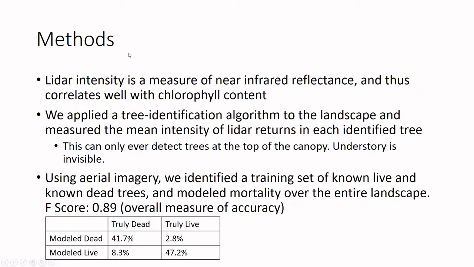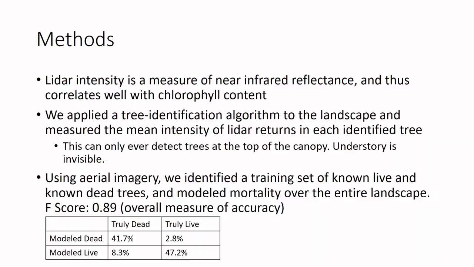And just real quick, I don't want to spend too long on the methods, but LiDAR is capable of measuring near-infrared reflectance, which is a good measure of chlorophyll content, which itself correlates with whether or not a tree is alive or dead. And so we have about an 80% success rate at identifying overstory trees, overstory here meaning nothing between them and the airplane. So at the top, they could be a really short tree as long as there's nothing immediately above them. So we have about an 80% success rate at identifying overstory trees and about a 90% success rate at telling which ones are alive or dead using that near-infrared reflectance.